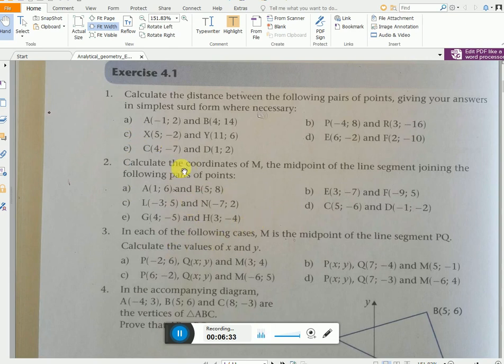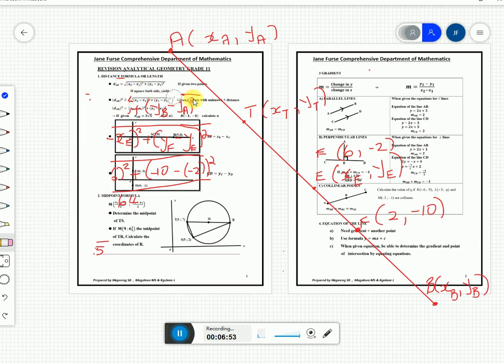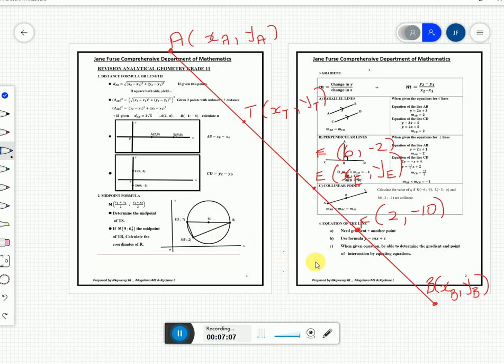I want us to get to the midpoint. Okay, let me just clean up this thing here. Allow me to clean this. Okay, good. Now, let me use a different pen this time. Now, people,